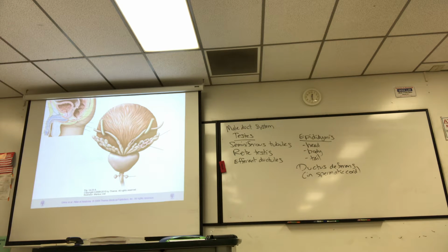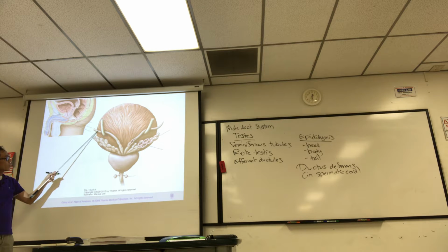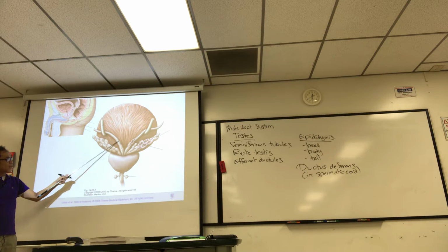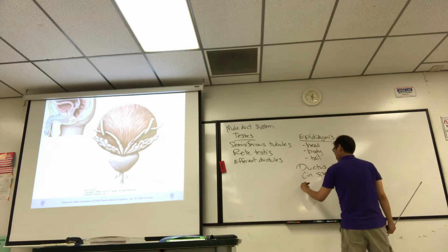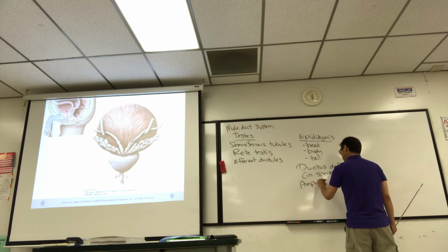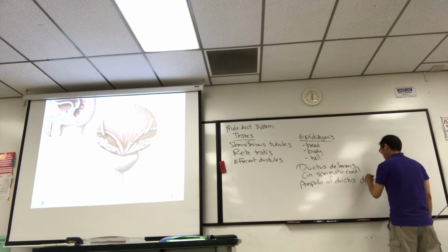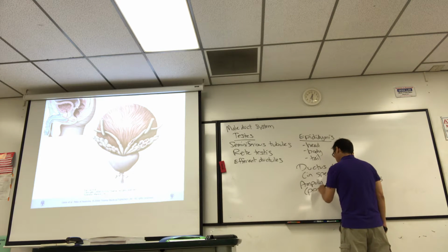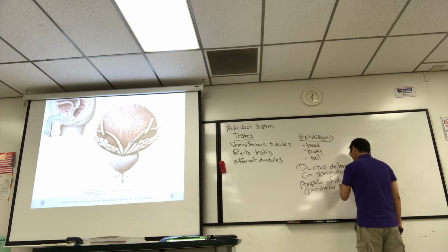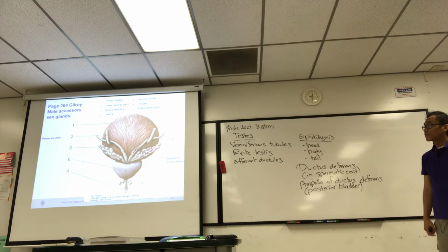Now to continue on, the ductus deferens will go through the inguinal canal. Remember, you end up here. This is the urinary bladder. So when you go over the ureter, the ductus deferens widens out. Remember I said that was called the ampulla of ductus deferens? So I'll put that next. Ampulla of ductus deferens. That is posterior bladder. So these structures are labeled,